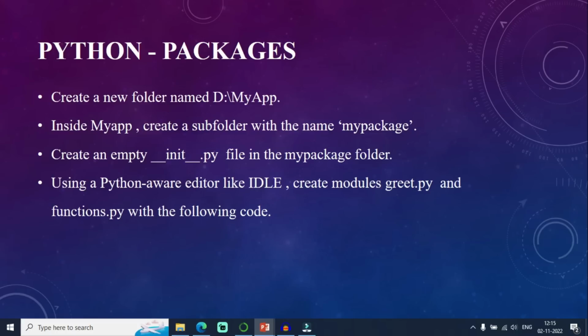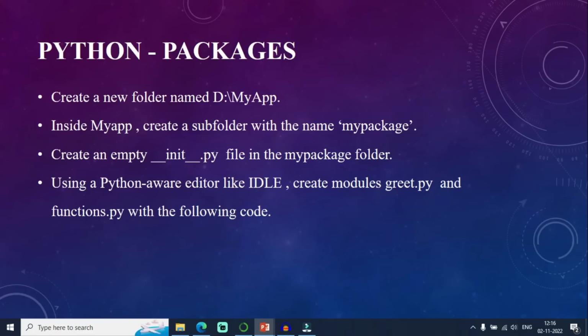Clear? In my previous lecture, I was discussing iterators. What is the use of iterators and modules in Python? In this one, I am going to discuss packages. What is the use of a Python package? What are the different things that can be done using a Python package?